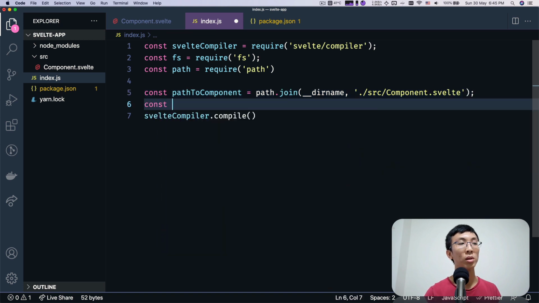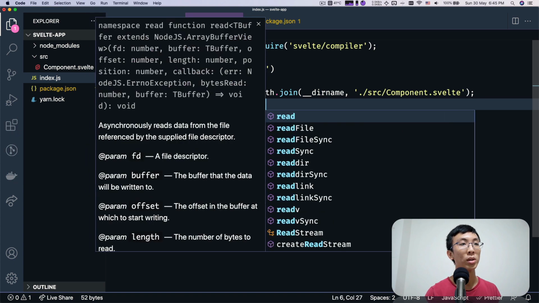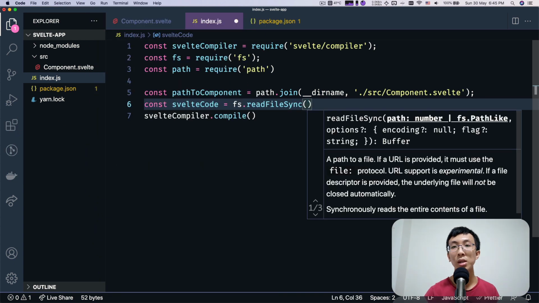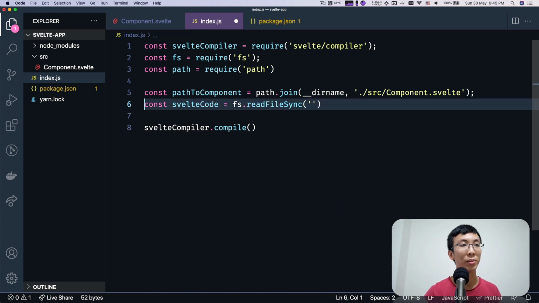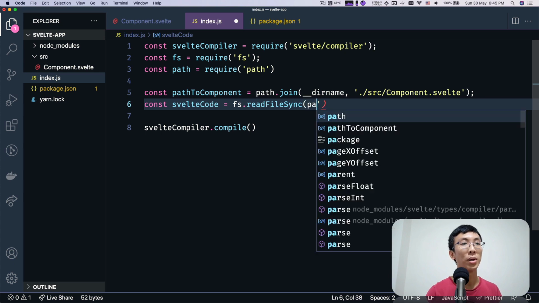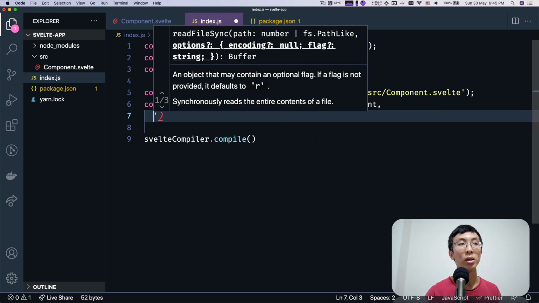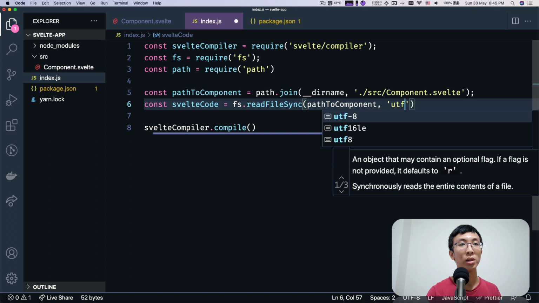Okay, and then we're going to read out the source code. Svelte code equals readFileSync. I'm going to use the synchronous version of readFile so that I don't have to wait for anything. I can just read it out. I'm going to pass in the path to the component, and the encoding will be UTF-8.